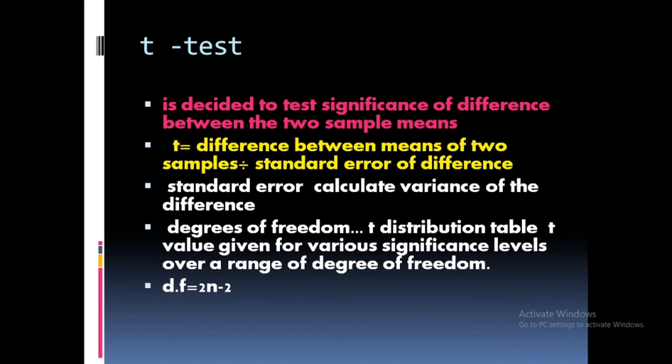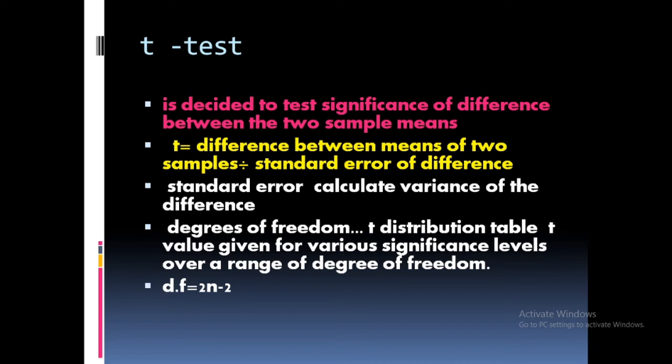So from calculation of these values you will get the result. That is the calculated t value, and you will find the answer by comparing with the degrees of freedom. See, this is the calculated value. If it is greater than the tabulated value, it is clearly indicated that the two means are very much different. That is, calculated value greater than tabulated value. Clear? What does it mean? That the two means are different. If it is the opposite condition, the difference is not significant. This is how you can conduct a t-test.